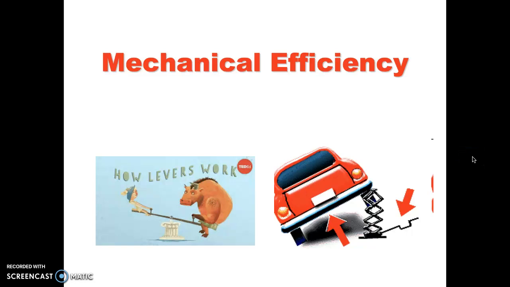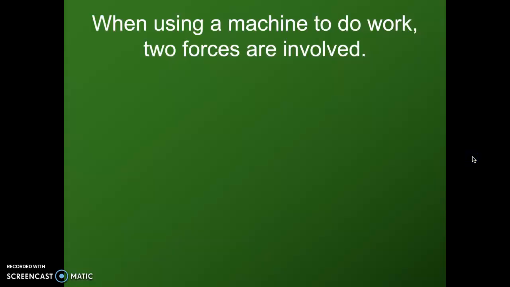Okay, so far we've been talking about work, power, and the types of simple machines, and how to calculate their work and their mechanical advantage. The last thing that I want to get into for this semester is something called mechanical efficiency. How well does the machine work? Basically, when using a machine to do work, two forces have been involved,